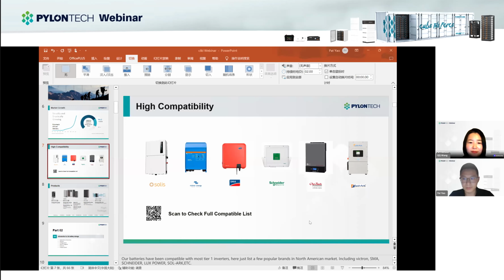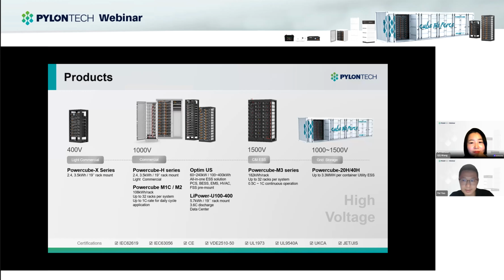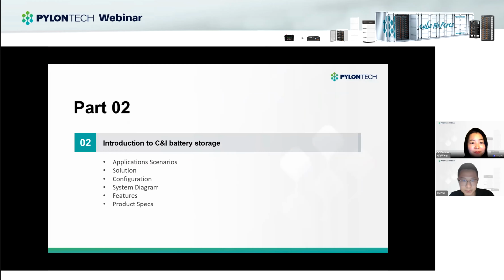Okay, so since Pylontech, we have been dedicated to the energy storage market for over 10 years. Our batteries are already compatible with most brands of inverters in the market, and I think most of them are residential inverters. And for the C&I high voltage systems,